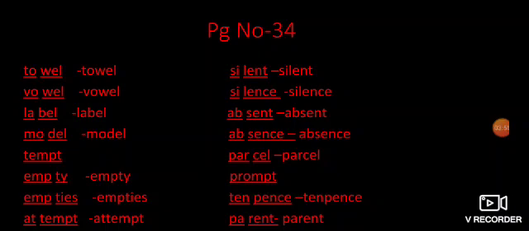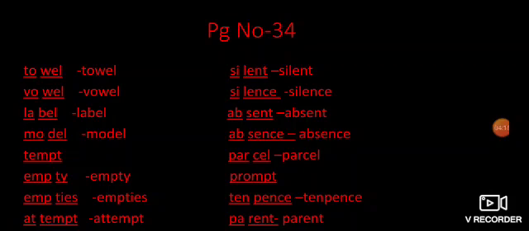This word you can use like this: there is silence in the room. Okay, silence should be used like this. This is the difference between silent and silence. Silent is an adjective. In case of some person you can use that, and silence is the state. In case of some state you can use this word.